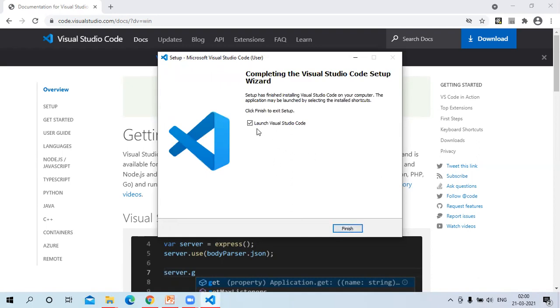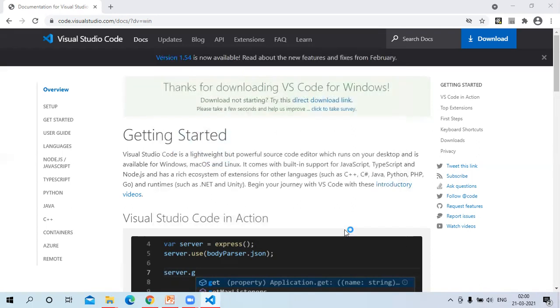So it is completed. Now launch the Visual Studio Code. Just say finish.